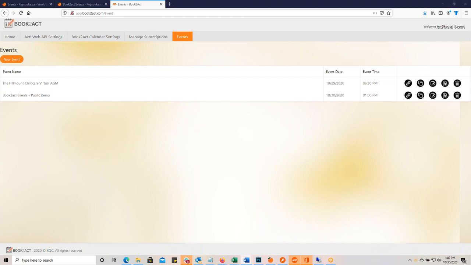GoToMeeting also didn't have any RSVP management, automated reminders and follow-ups, and certainly no integrations with ACT, where I had all the parents and the teacher list. So this got me to thinking that with the proliferation of Zoom, and the high cost of services like GoToWebinar, which we normally use for events like this, there was a market for an ACT integrated event management system that made webinars, online meetings and training sessions easier